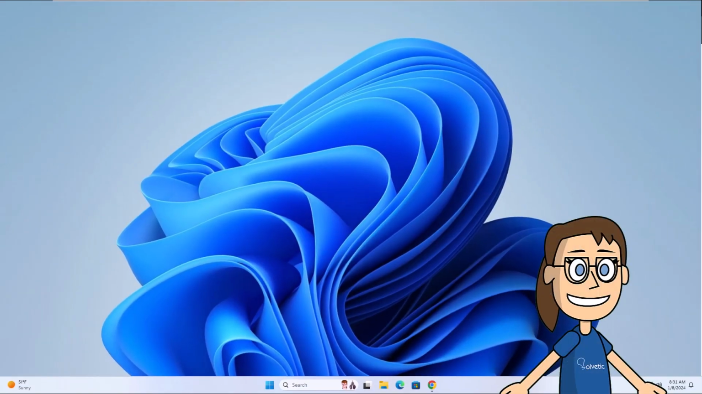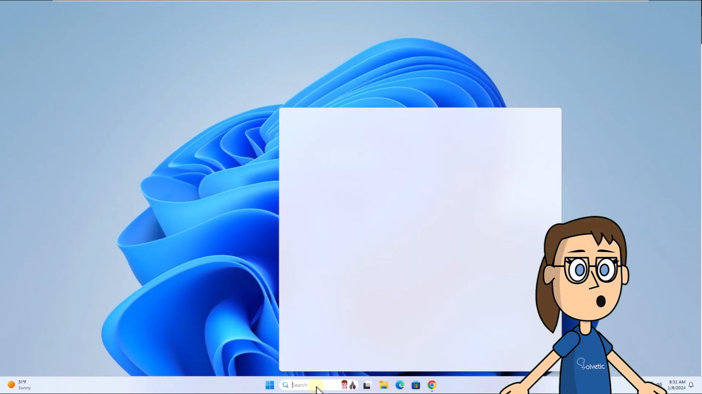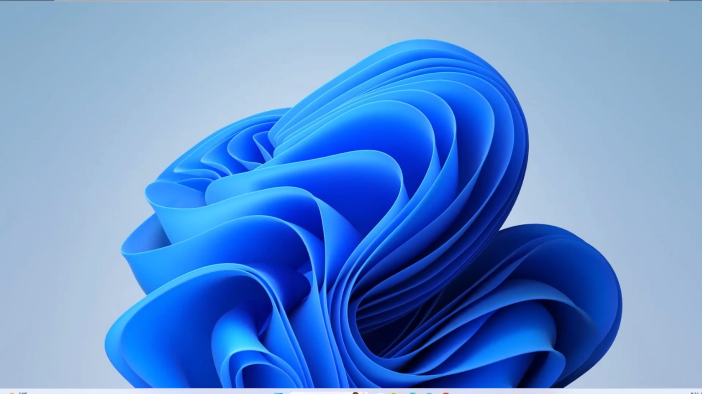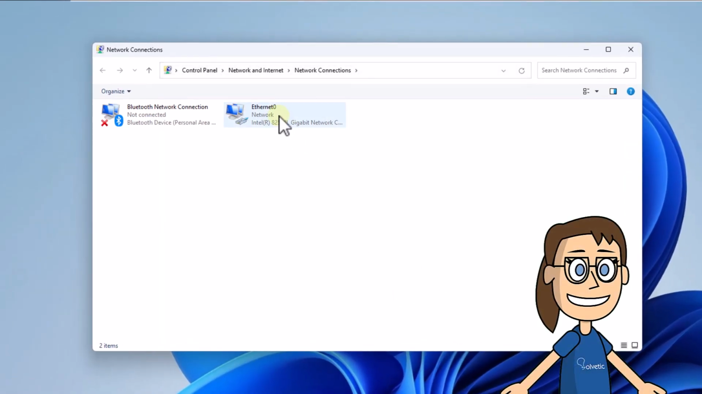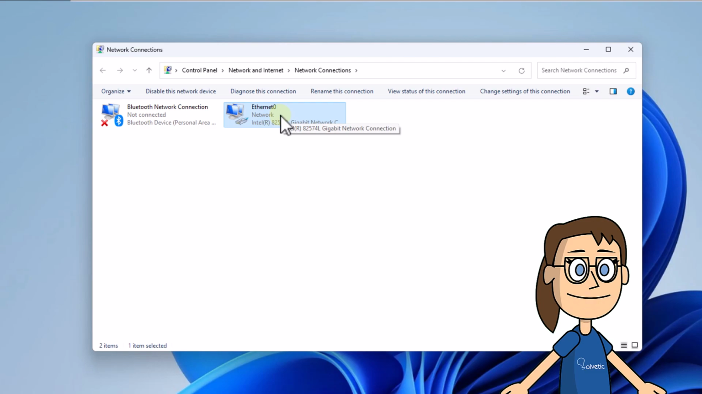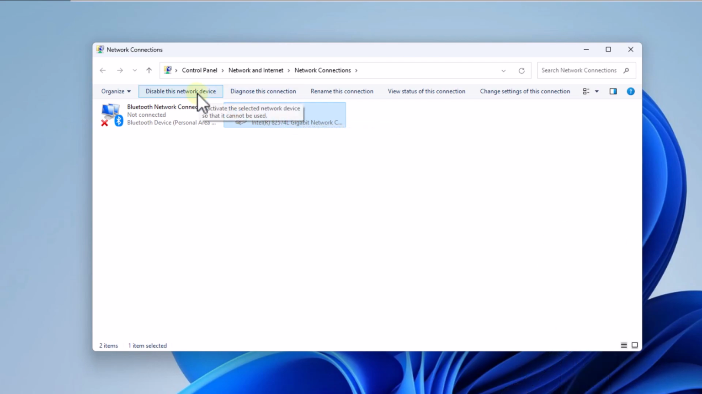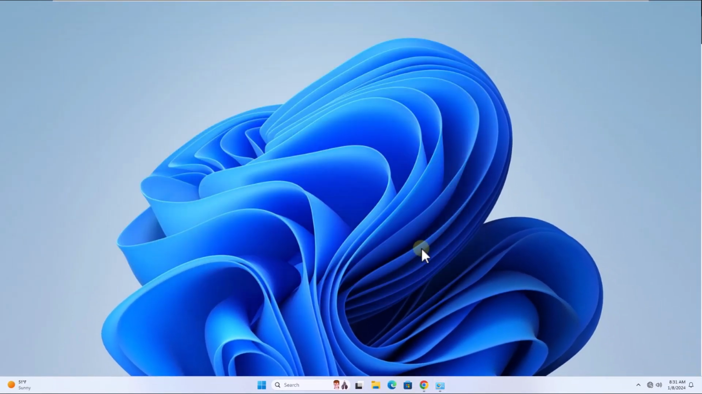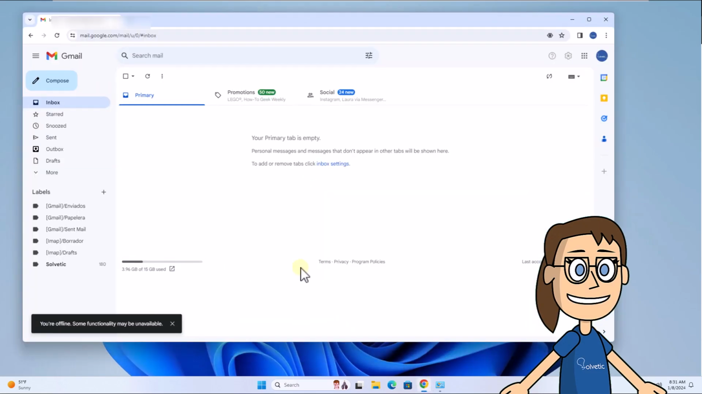Now in the search box, enter View, click on View Network Connections. After that, select the network adapter and click on the Disable this network device option. To check, in Gmail you can refresh the page and you will see that it is still active even when